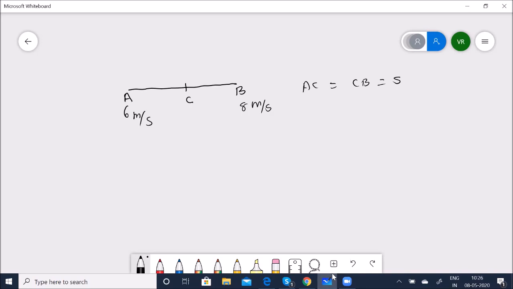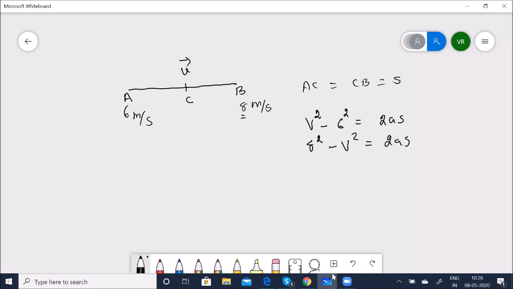Okay, so acceleration at A, let us take it as A, and velocity at C is V vector. Now let us take the third equation, V squared minus U squared is equal to 2AS, right? So V squared minus 6 squared is equal to 2AS. Same way, for this the final velocity is now going to be 8, okay? Remember, so it is now going to be 8 squared minus V squared is equal to 2AS.